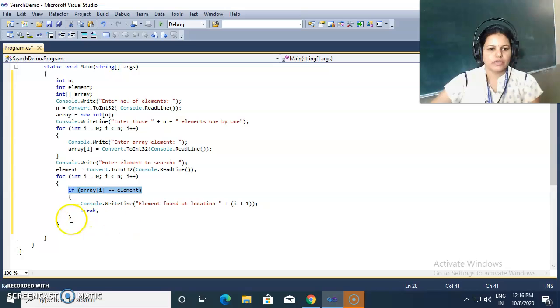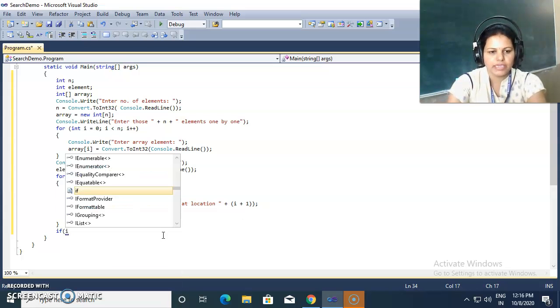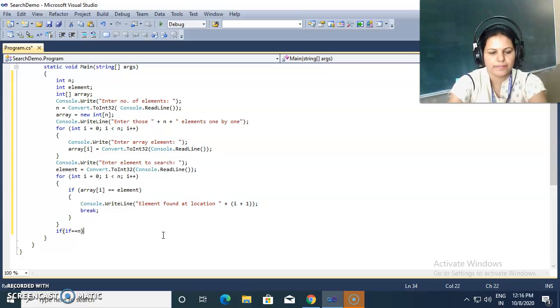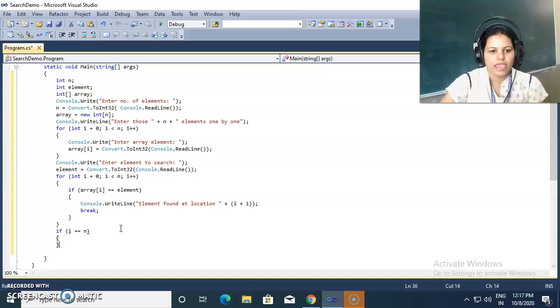Element not found message we need to give on the console. So we check here if i is exactly equal to n. When our for loop has executed completely, then i becomes n, and we give the message as element not found.